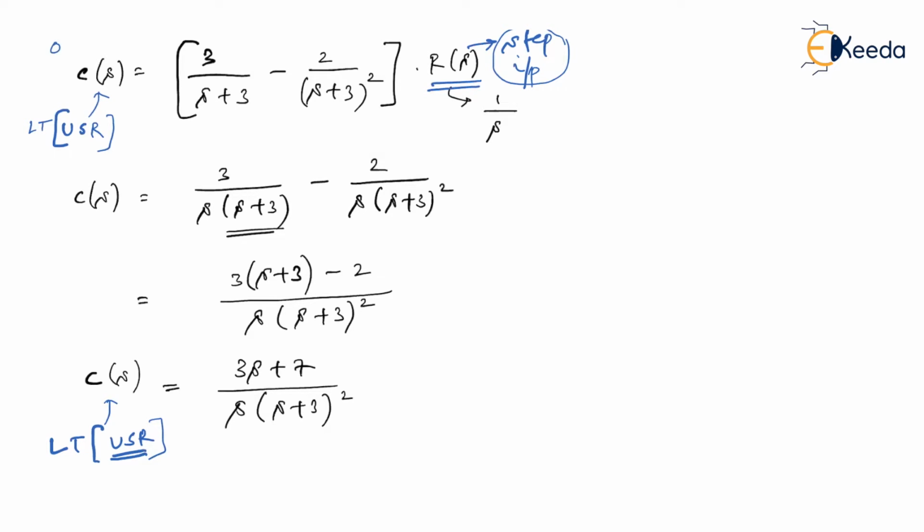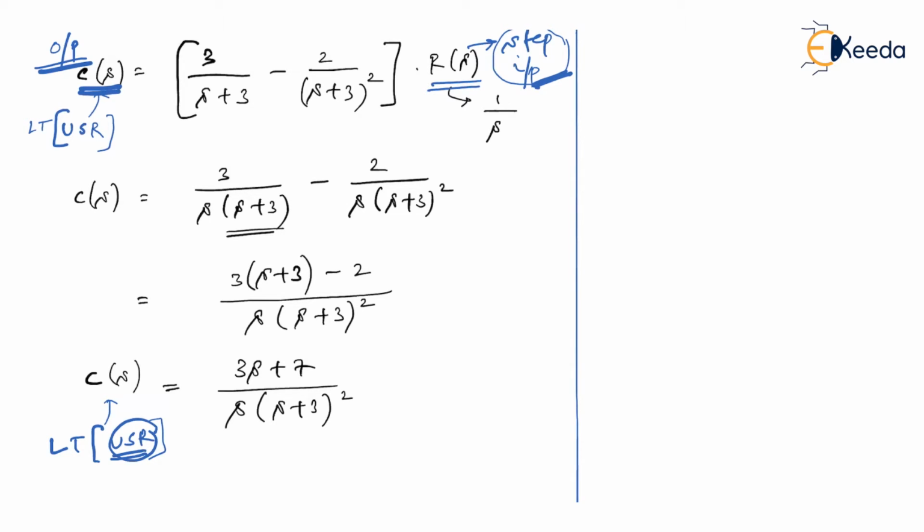I repeat it. We know that C(s) is nothing but output. Then ask the question to yourself, what is input? Input is step input. If input is step input, then output is called unit step response, or simply step response. But it is available in the form of C(s), so it is not just unit step response, it is nothing but Laplace transform of unit step response. And what is asked of you is not the Laplace transform of unit step response, it is only unit step response. So the only solution to get unit step response is to take inverse Laplace. So let us go for inverse Laplace now.